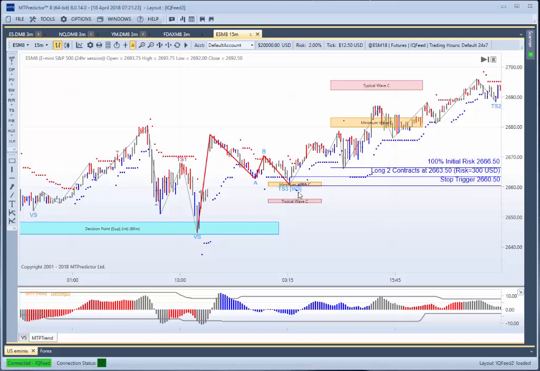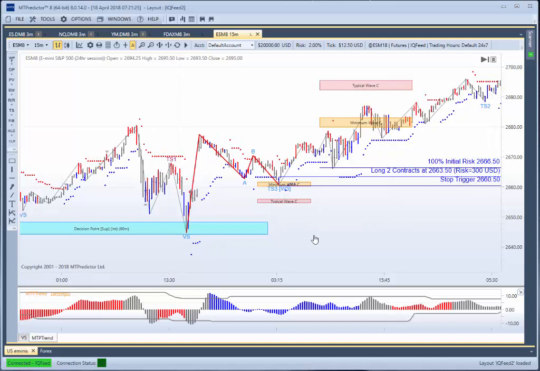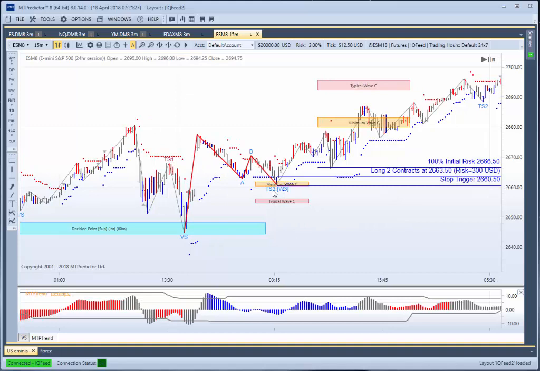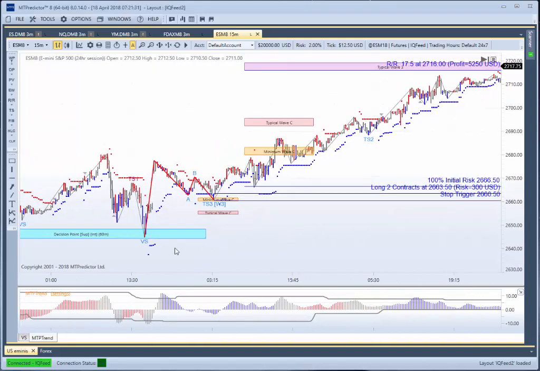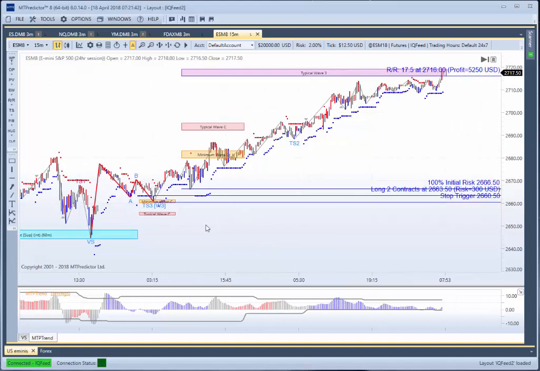That's why we have this W3 in brackets here, because this TS3 buy setup is not just a normal TS3 buy setup, it's a special one because it's coming off major support and it's the initial correction after the initial move. Therefore, this W3 label here is telling you that we are anticipating or projecting